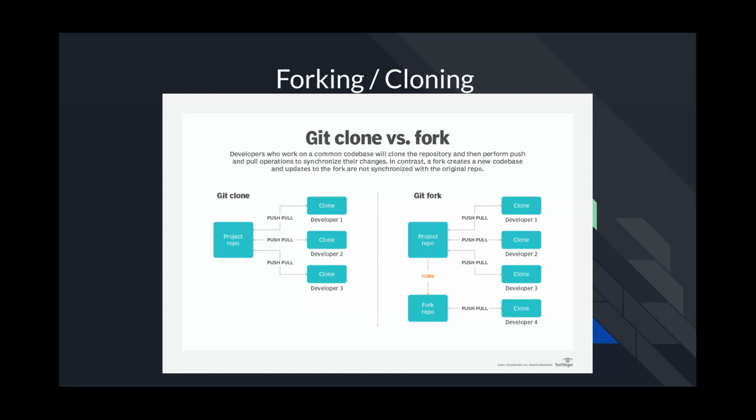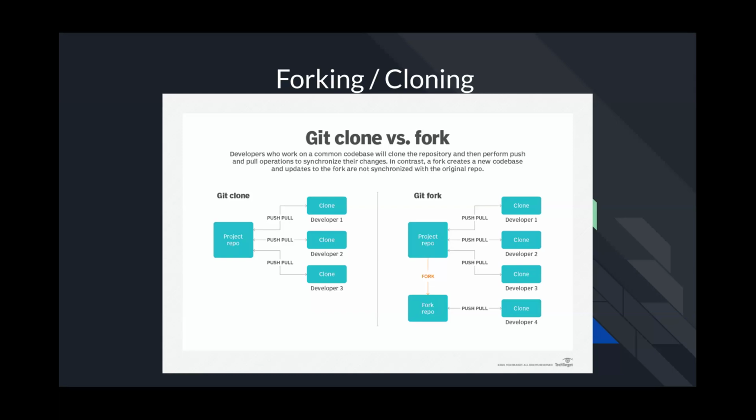Something similar to a clone here is going to be a fork. And this is going to be something where if you find a project on GitHub you really do like, you can fork this repo, which is essentially creating a snapshot in time of that repo and assigning all of that content to your account. That means that if you then change anything there, it's going to be completely separate from that original repo. And both of these can be really useful if you're looking to make changes to an existing project.